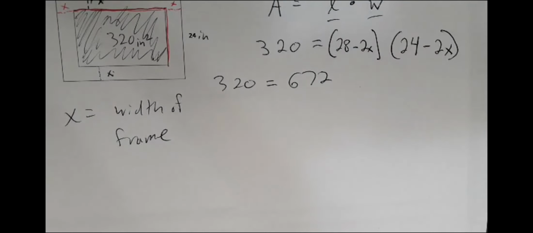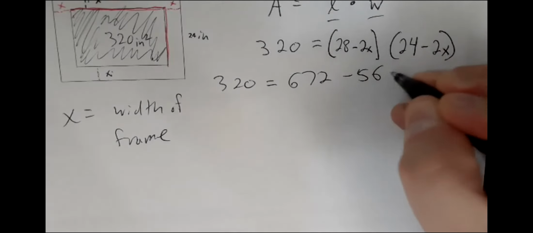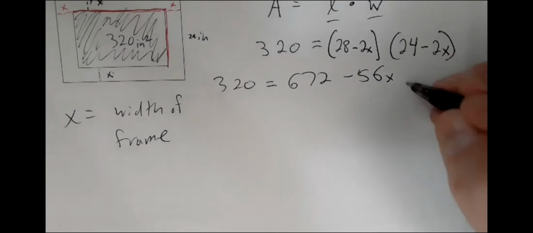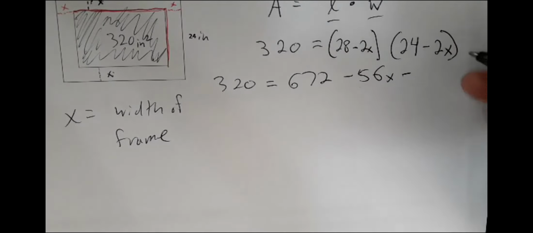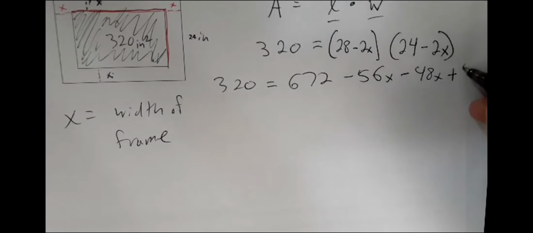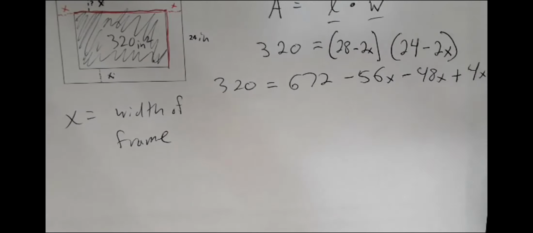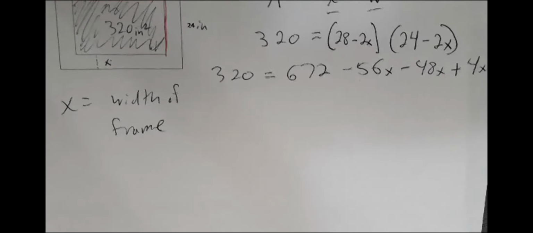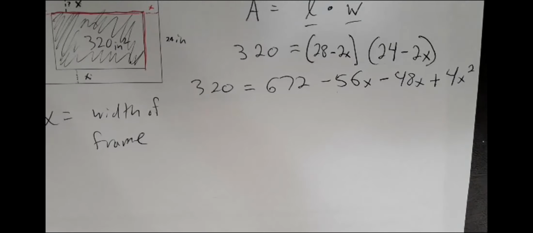Then I want to do 2 times 28, which is minus 56x. Now do minus 48x. Then doing plus 4x squared. So these are not the prettiest numbers, but